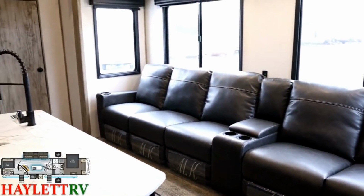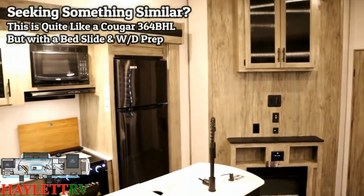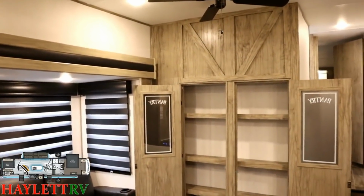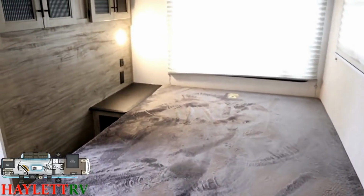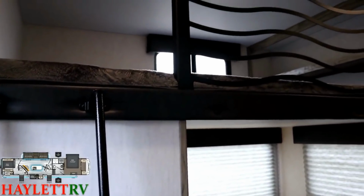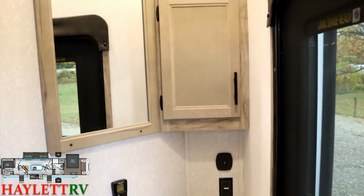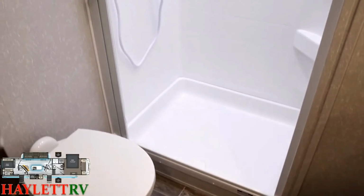So if you're looking at it, it might look a little familiar to some other things that you've seen here at Haylett RV before. It borrows very heavily from the Cougar 364 BHL that you might find at Haylett RV. But what they did here is a little different, specifically in the fact that it does have a full bed slide and washer dryer hookups, which are things that the Cougar version of this does not. Now, each brand naturally has its own advantages. And what I want to do here is really show you where I think this Arctic Wolf does its job very well. I'm going to point out a couple things where I think maybe they could look to improve in some future years, but overall, I think that this is a very solid package, great for family, or frankly,